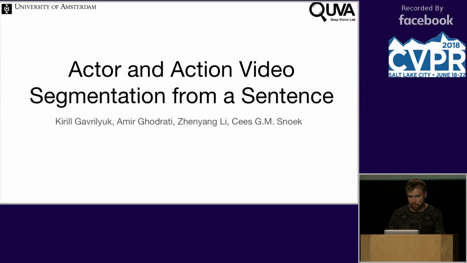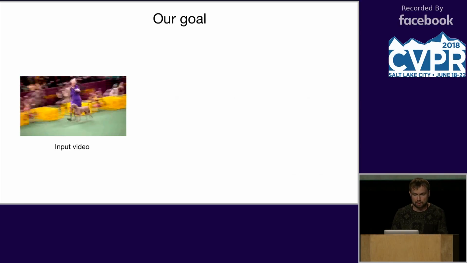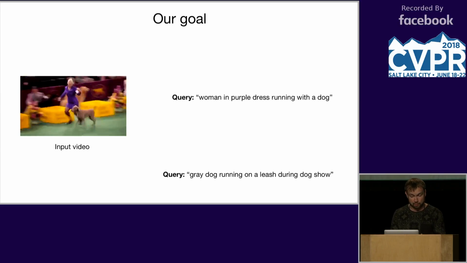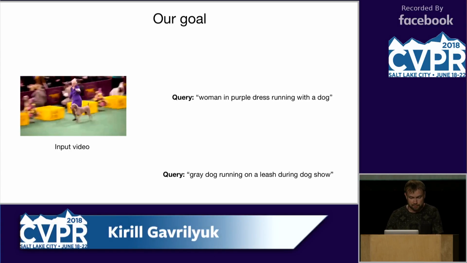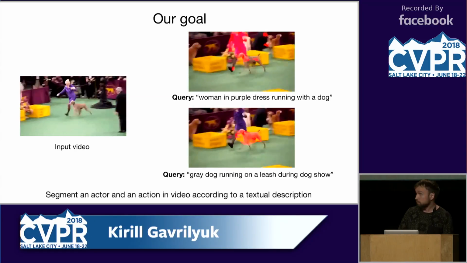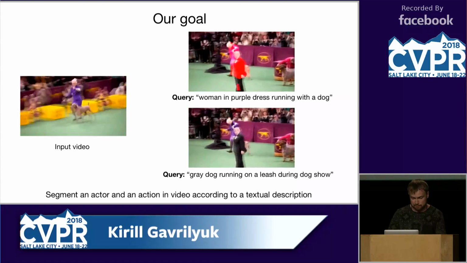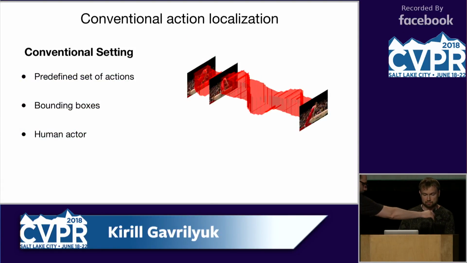So our goal, given an input video and a set of queries, for example, woman in purple dress running with a dog, and a gray dog running on a leash during dog show, is to segment these instances in the videos and have this segmentation as output. To compare with the conventional action localization setting,